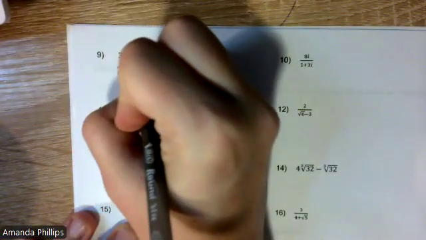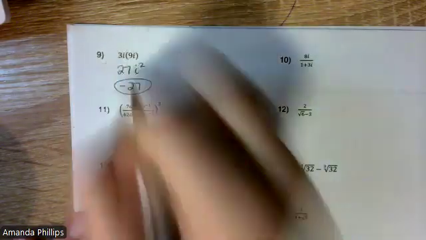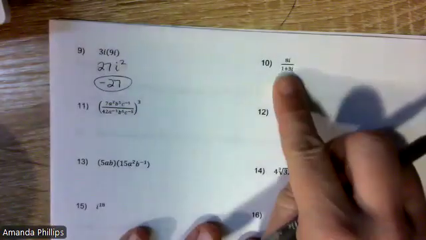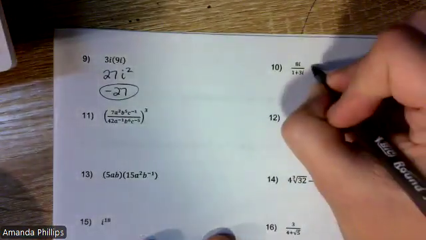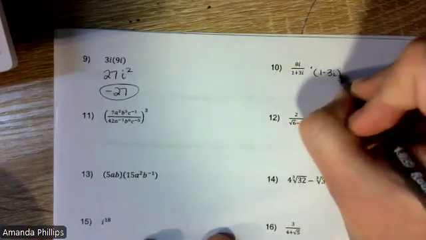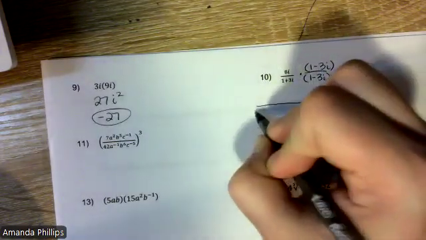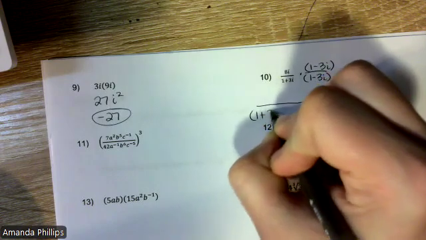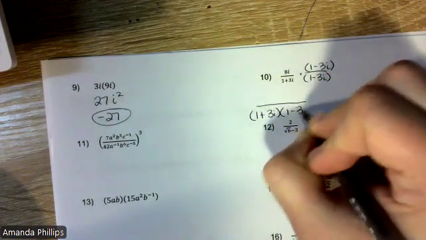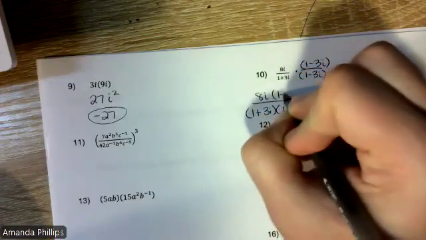All right, next one. Got some multiplication here. 3i times 9i is 27i squared, which is -27 because i squared is -1. I don't like i's in the denominator, just like I don't like radicals in the denominator. So this one has a plus or a minus in the denominator, so I'm going to have to multiply by the conjugate. So this is going to be 1 minus 3i. 1 minus 3i. Now I write bigger so I don't make mistakes, because if I try to scrunch it up, sometimes I get messy. So 1 plus 3i times 1 minus 3i,